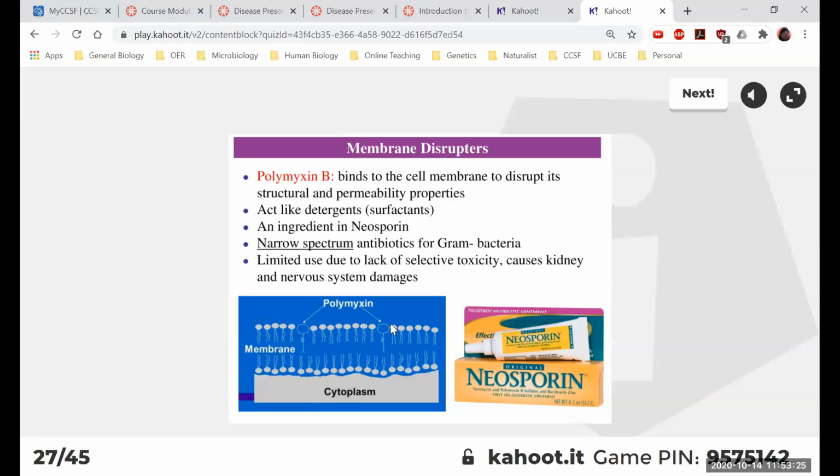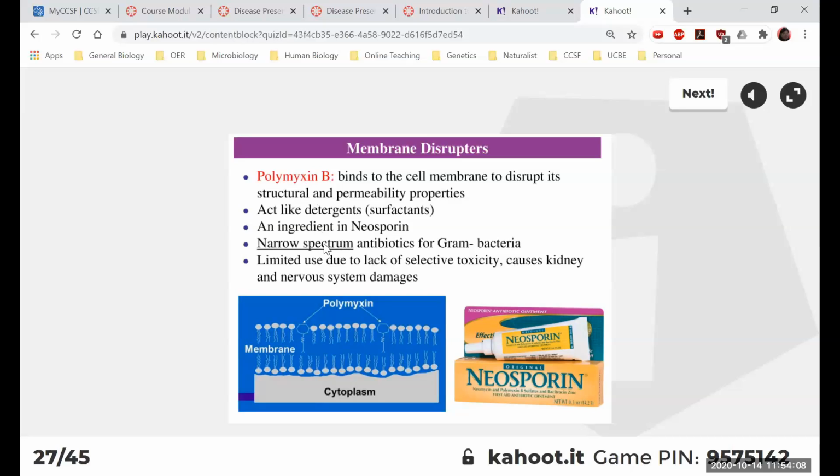The problem with polymyxin B is the bacterial cell membrane is really similar to our cell membrane. So if the drug can disrupt the bacterial cell membrane, it can also disrupt our cell membrane. So that's why polymyxin B is not used orally, in general. It's actually one of the ingredients in Neosporin, which is a topical cream. If you look at the ingredients of Neosporin, it contains neomycin, polymyxin B, and also bacitracin. So it's actually three antibiotics combined. When used topically, it doesn't cause nearly as much toxicity for your body.